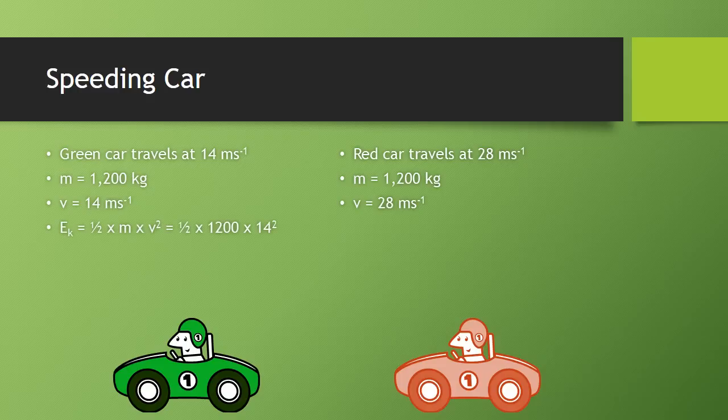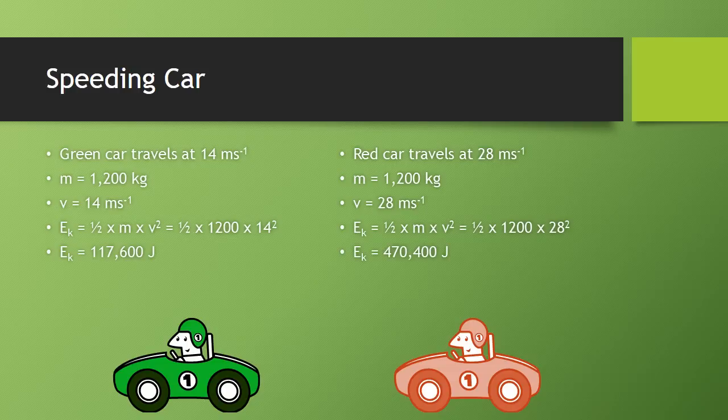Let's take our kinetic energy equation. EK is equal to half times m times v squared, and we plug in the values, a half times 1200 times 14 squared. Plug that into your calculator, and you should get an answer of 117,600 joules. Let's look at the red car. Again, use the same equation, plug in the values there, and we see we get